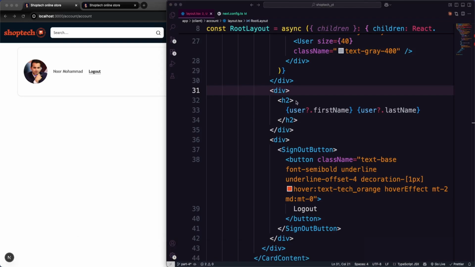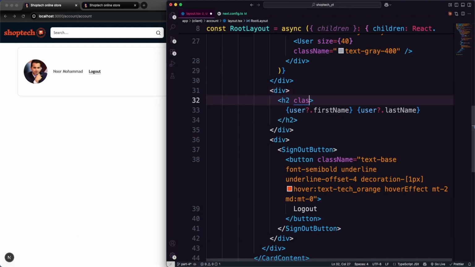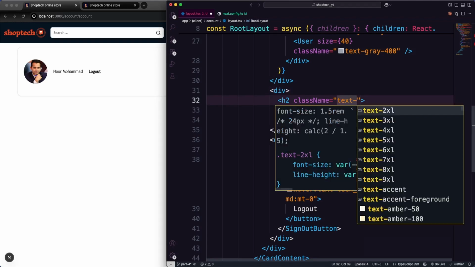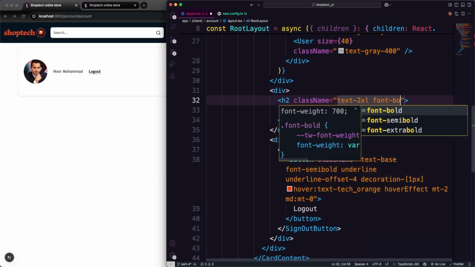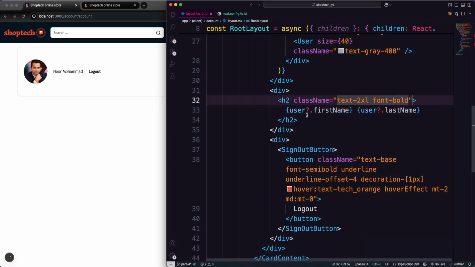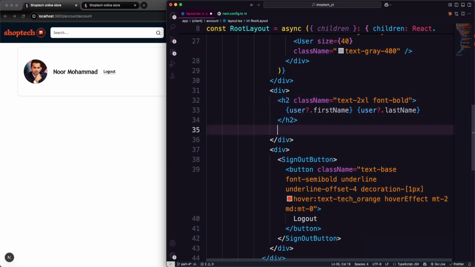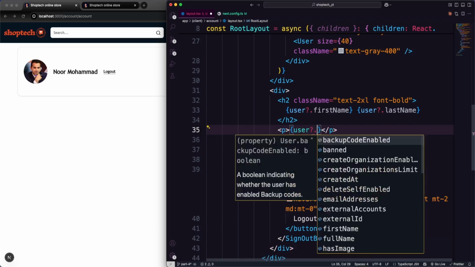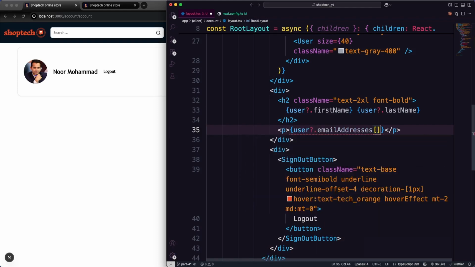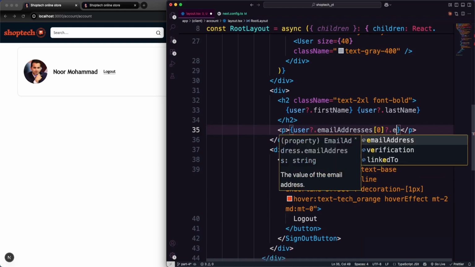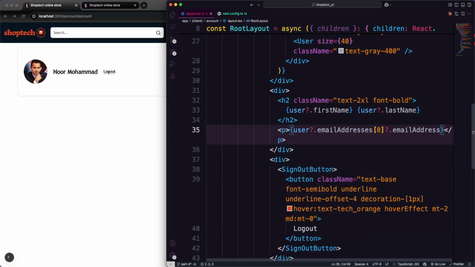First, we're gonna pour in the data right here. So over here, for the class name, text should be, let's say, 2XL, and font should be bold. Okay, that's the one thing. And after that, for the h2 tag, I'm gonna get another one, which is going to be user dot email addresses, and that could be multiple email address instances. So you're gonna get the 0 index,